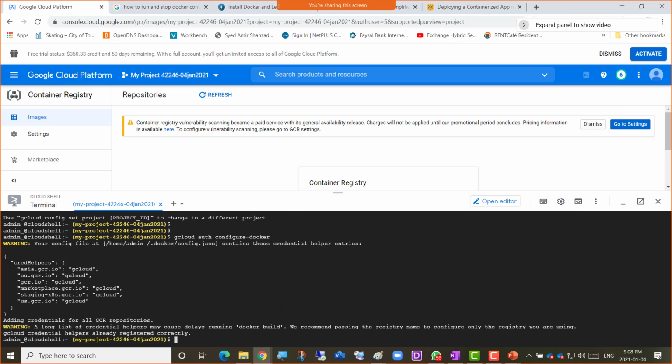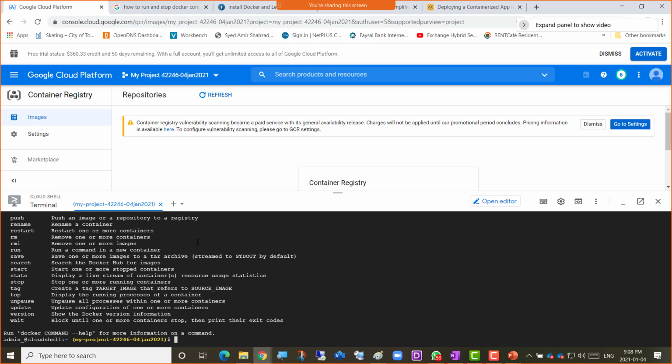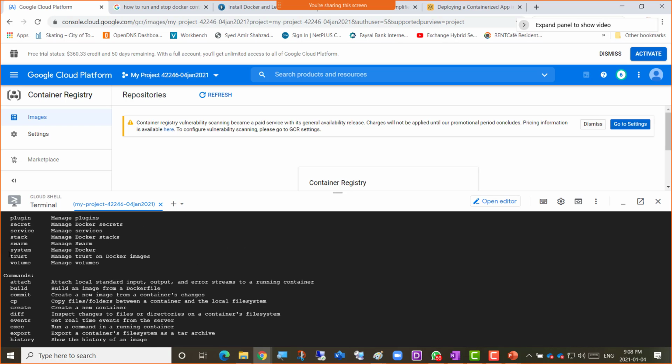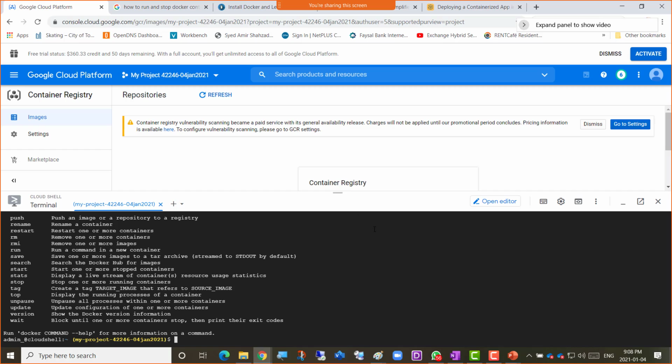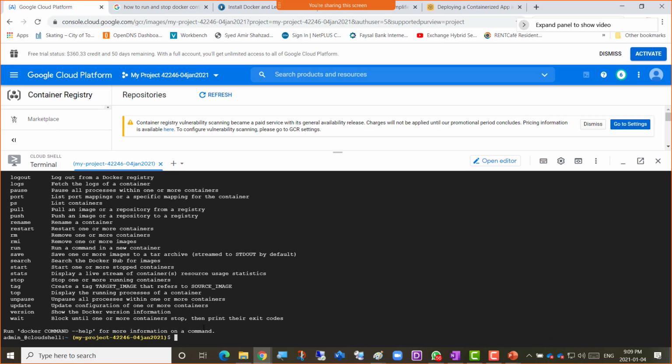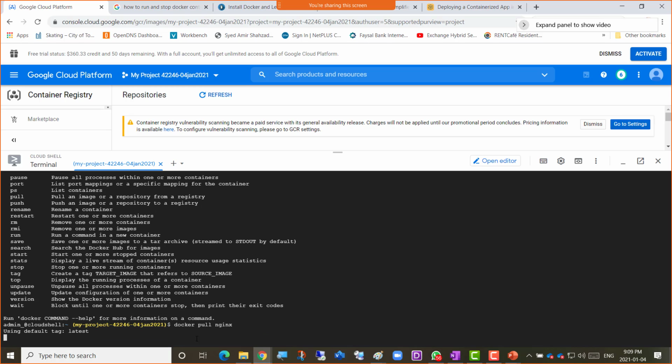I'm going to go to Cloud Shell here and go to Docker. First of all, just type docker here. Are Docker commands available there? Yes, all the Docker commands are available. Second thing is that I'll go for docker pull nginx. So it's going to go to hub.docker.com and try to download the nginx container from there. Nginx is a web server that is containerized. So if I press enter,